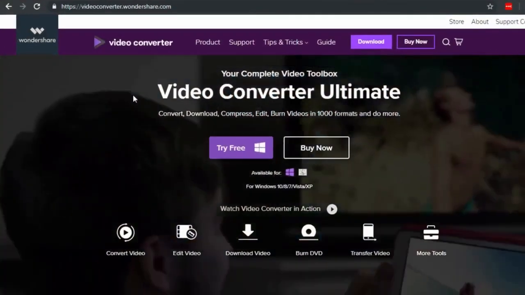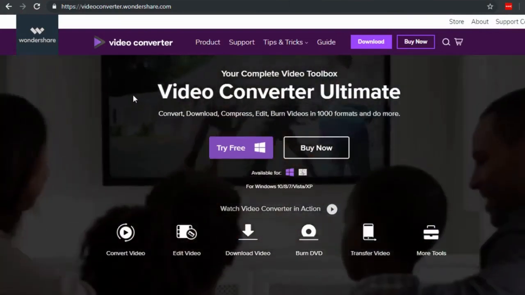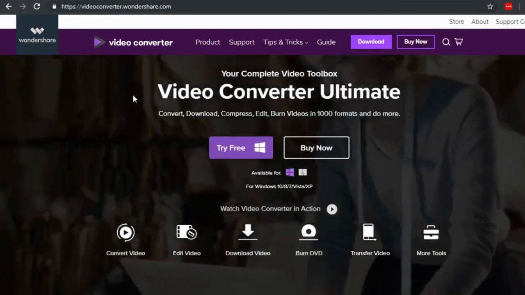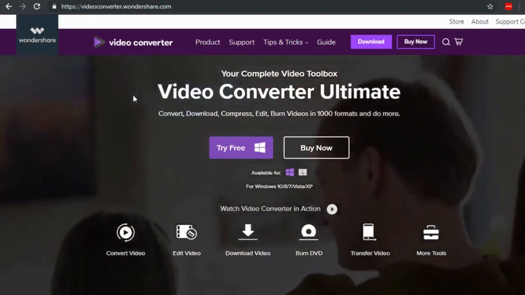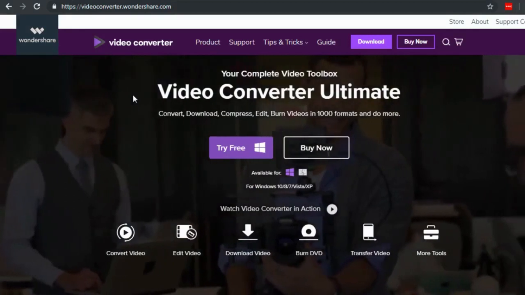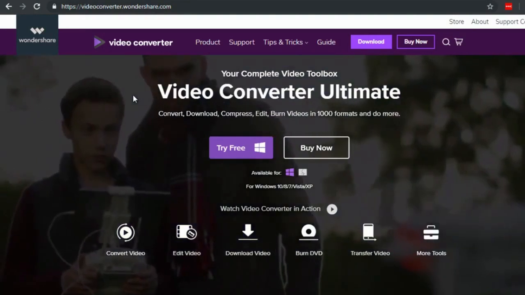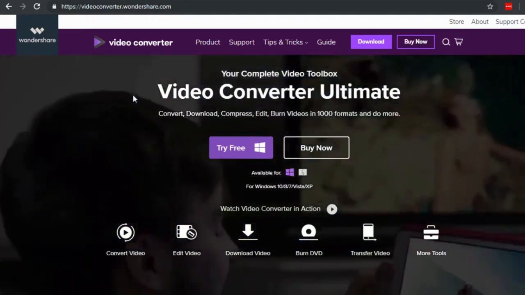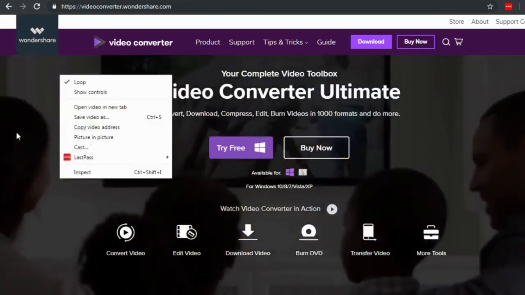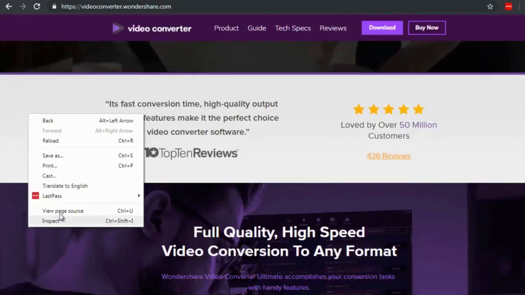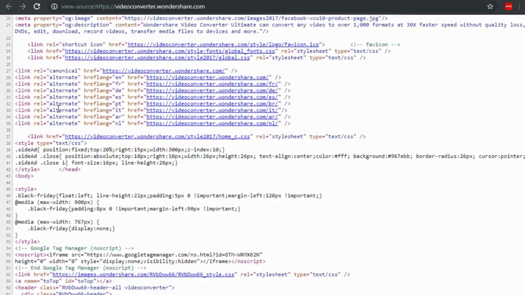Okay, so the way that YouTube gets an idea of what your video is about is by transcribing it. And for the most part, it can usually figure out what your video is all about if you have voice and speaking in it. Now, you can go one step further by adding what we call video file metadata. It's very similar to a website metadata. So for example, if you right click on any website and you click on View Page Source,